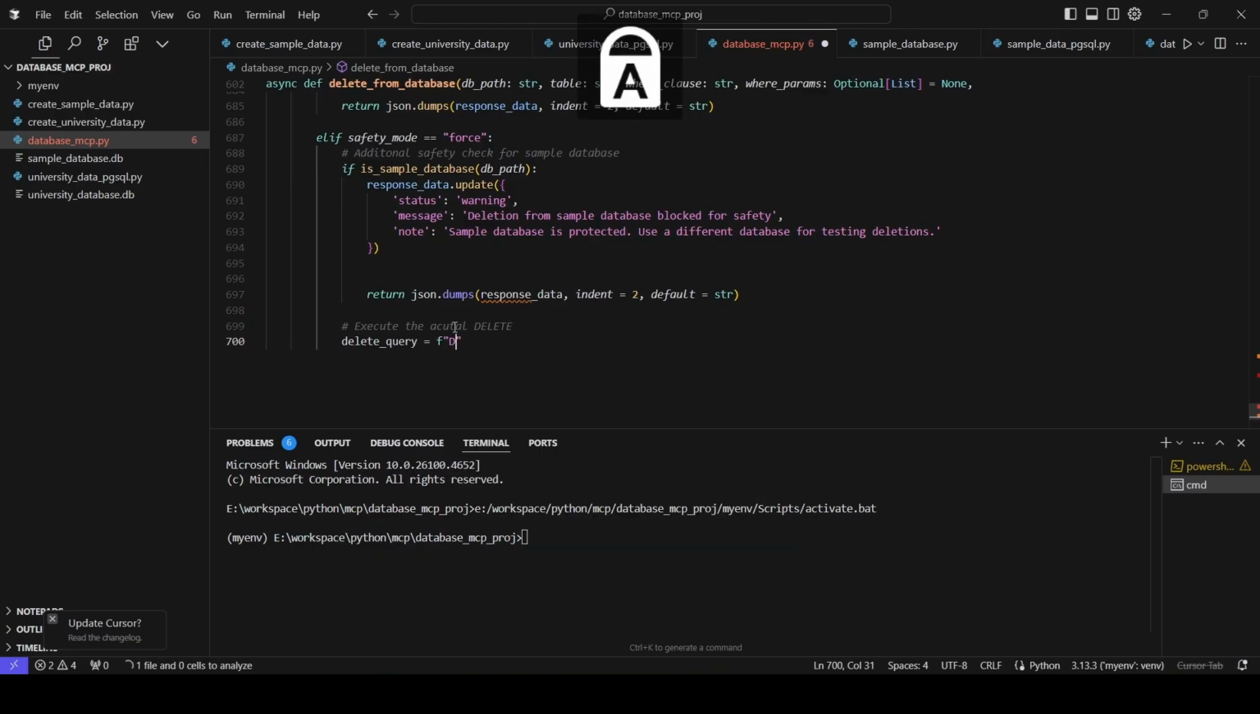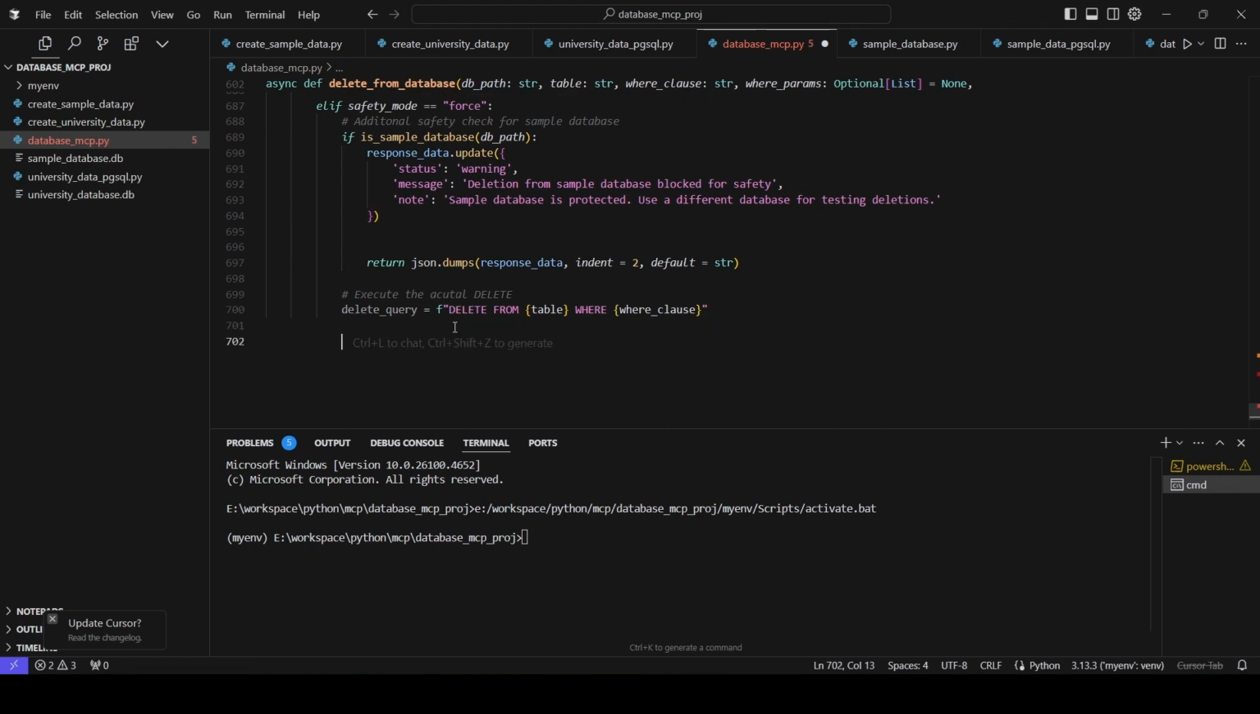Type string: delete from table name where clause, and then we will write delete result equals await database execute query